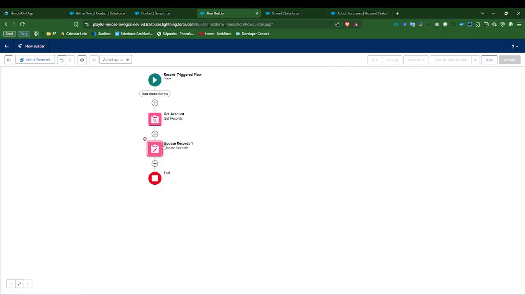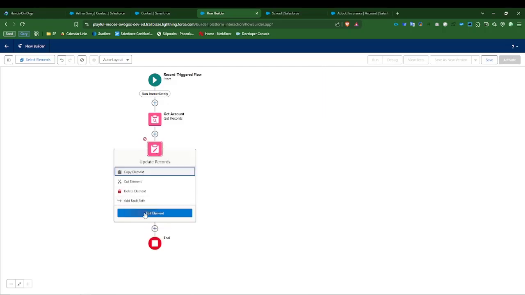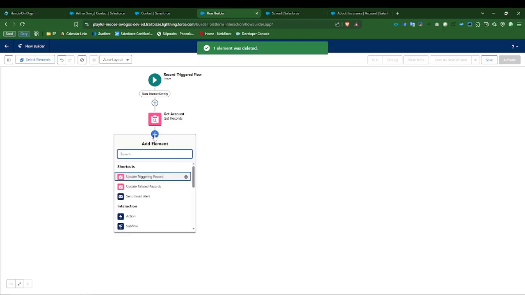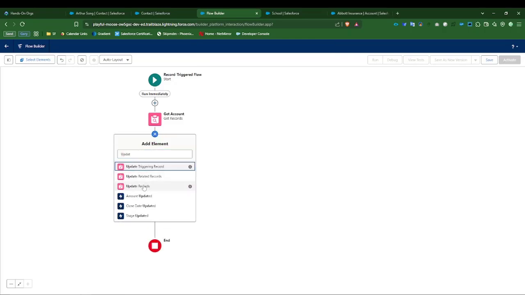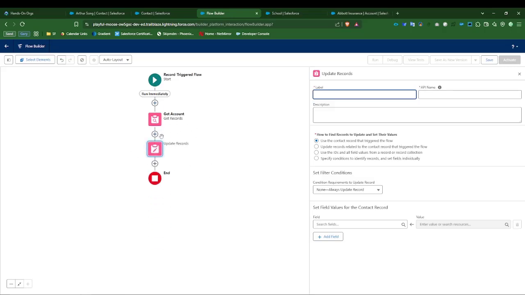No, this is not the one. This will be just update element. Yeah, update records. So here I need to specify what I want to update. So I'm updating my account, right? So I will just name it update account,